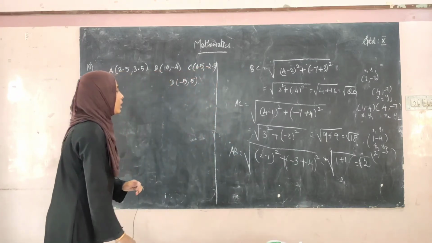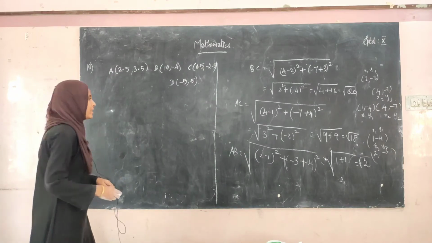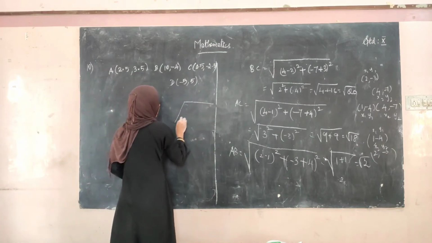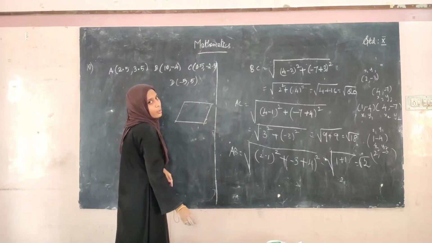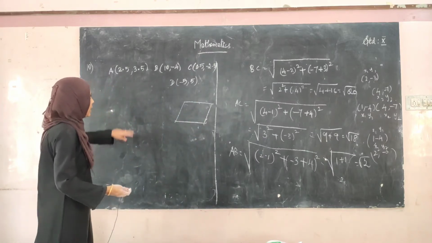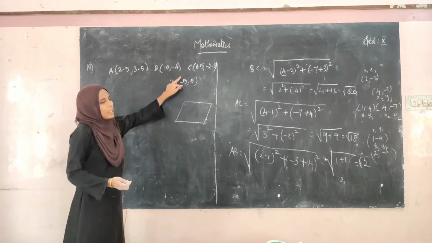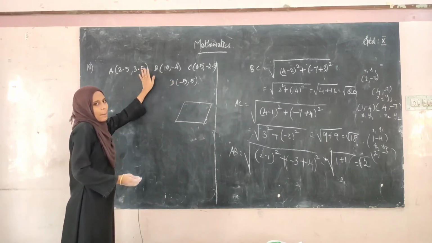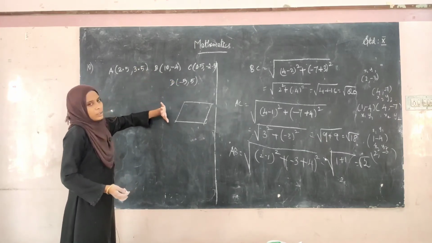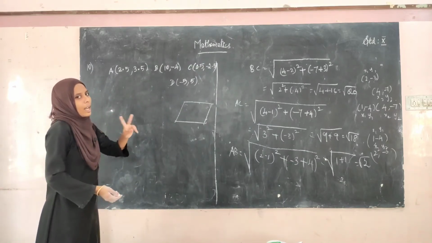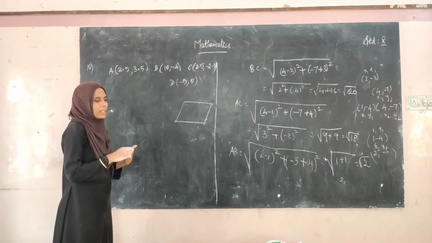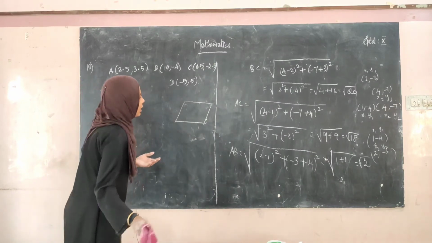form a parallelogram. So parallelogram means it will be in this type, right? Right, so the opposite sides will be parallel. Opposite sides will be parallel means here any two, we have to pair one with the other. So when we are pairing that, you will be getting the two slopes are same. Two slopes are same. The 4 slopes, two pairs are equal. So we have to check for that. Okay.